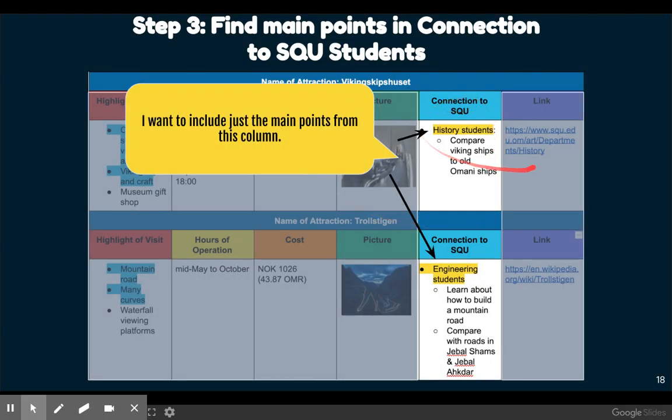I do want to include, though, information from this column about connection to SQU, because again, this proposal is going to SQU students to get their attention for why SQU students should visit my destination. So I do want to pick up what the main points are here. So history students, engineering students, I want to include that information in my proposal.